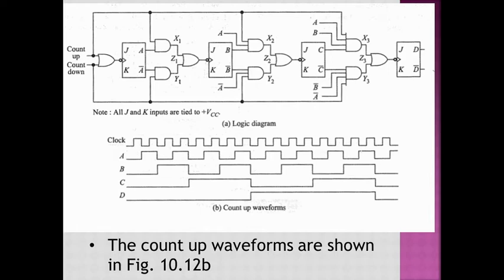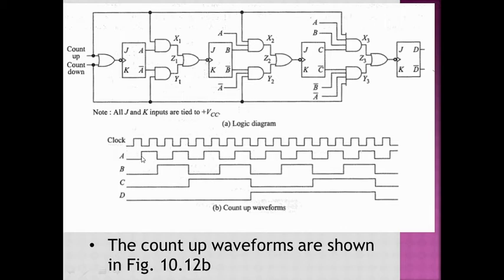Now, what is the arrangement for the C waveform that you can see here? Here we are utilizing a 3-input X2 gate, an AND gate. Here A and B are the 2 inputs and the system clock is the third input. So the clock pulse will pass through the X2 only when A and B both are high, then and only then can the clock pulse pass through the X2.